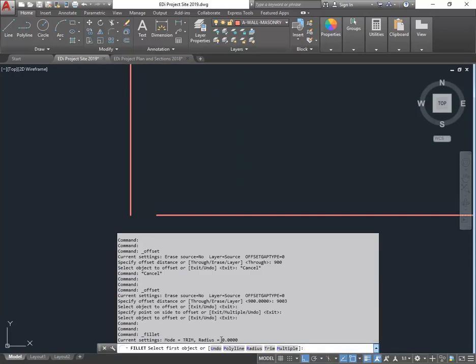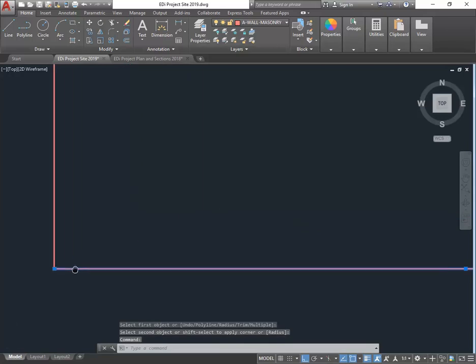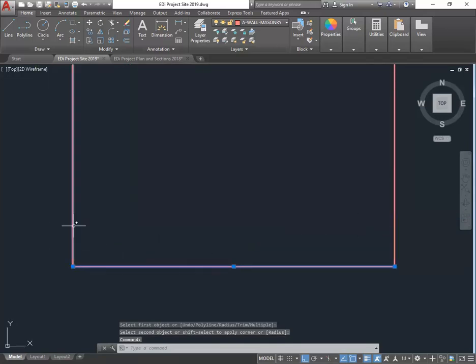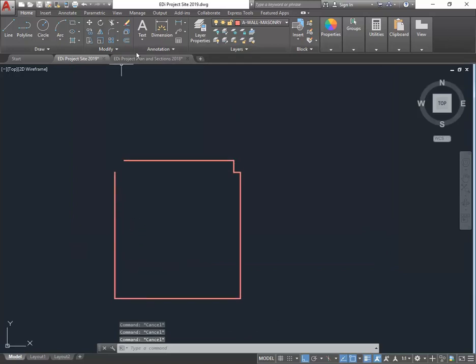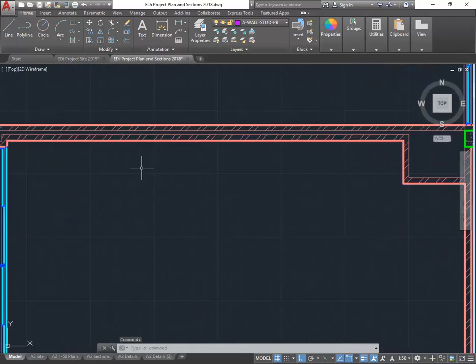Make sure that you know the radius is 0. If you haven't changed it, it should be, but you can check that, of course, clicking on the arrow there to see your command history. And I'll choose these two lines, and of course when they're joined, this line now must be that length that I offset, 9003. So then I'll come back to my drawing and have a look up here